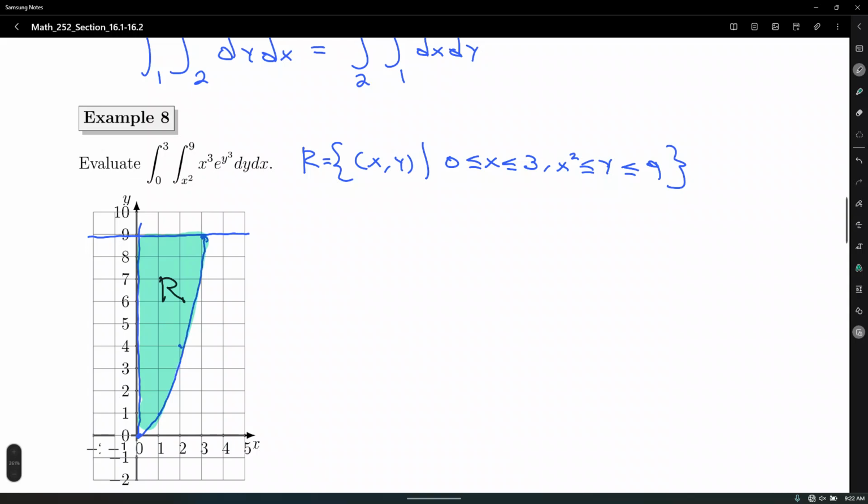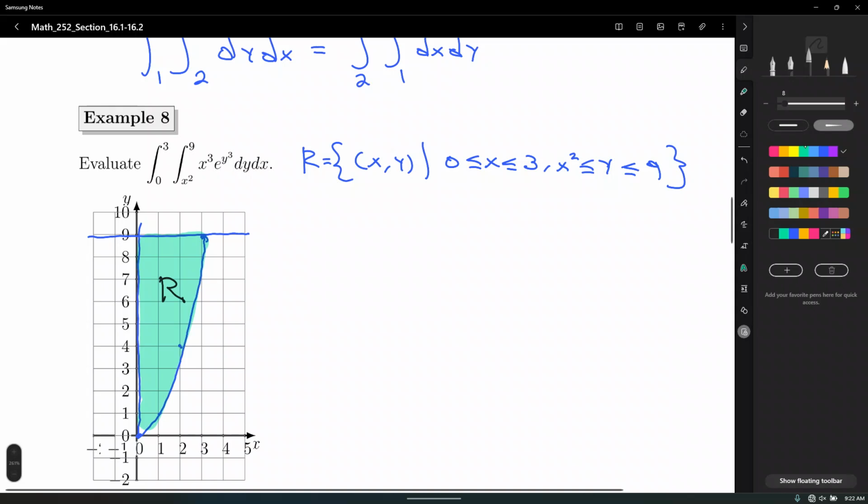Now the thing here is, maybe a few more labelings. That is y equals 9. This is y equals x squared. And I think this is x equals 0. I think this is good enough. All right, so